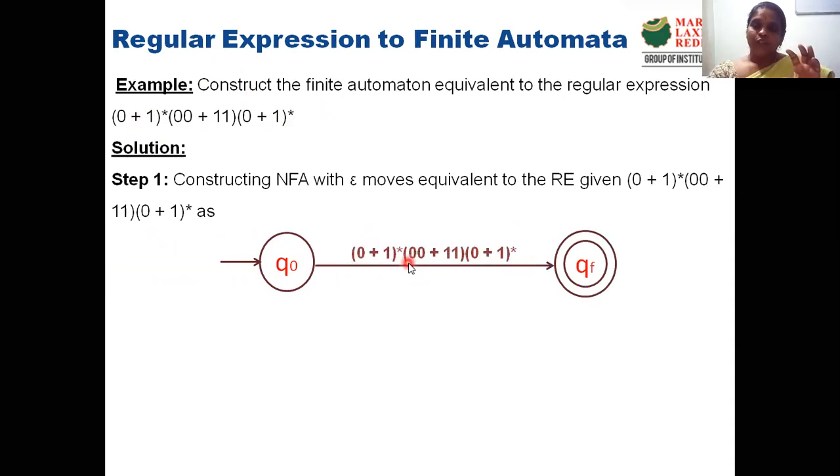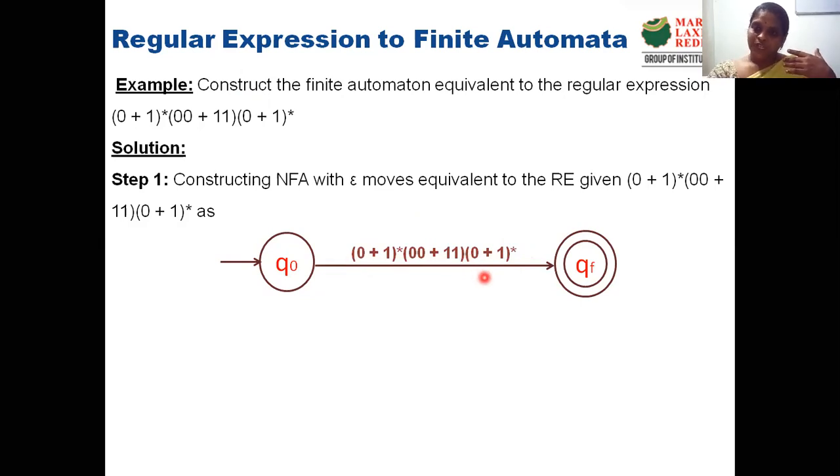Now whenever we are discussing regular expressions, we have to keep in mind the operations on them, like union, concatenation and closure. What we have to do is break down these operations into individual symbols so that the regular expression will be converted into a finite automata. Now if we observe this regular expression, first we have the concatenations.